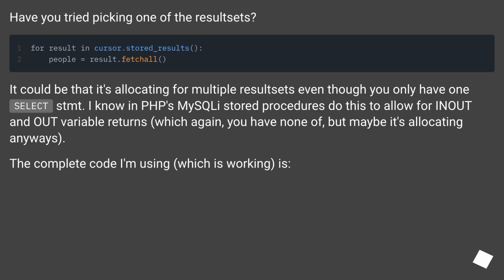Have you tried picking one of the result sets? It could be that it's allocating for multiple result sets even though you only have one select statement. I know in PHP's mysqli, stored procedures do this to allow for in-out and out variable returns, which again you have none of, but maybe it's allocating anyway. The complete code I'm using, which is working, is